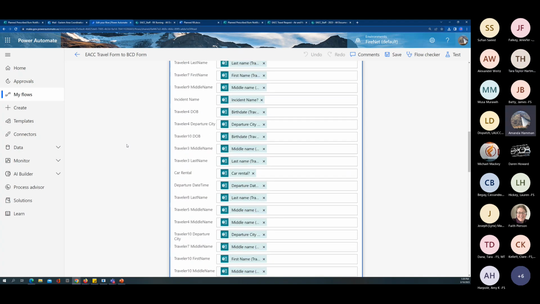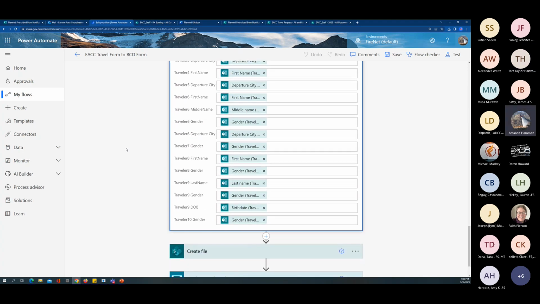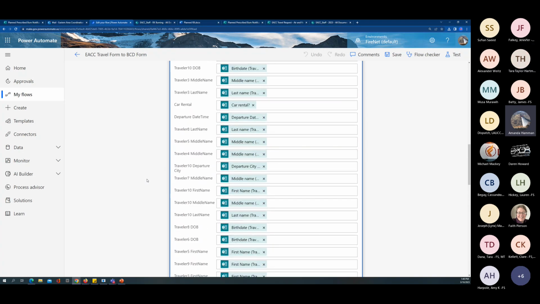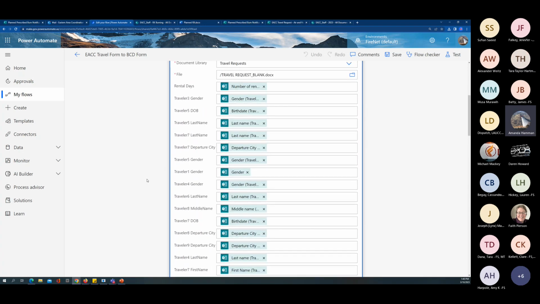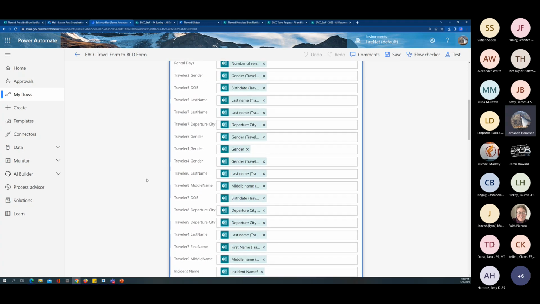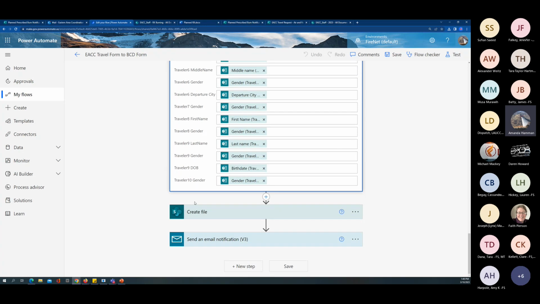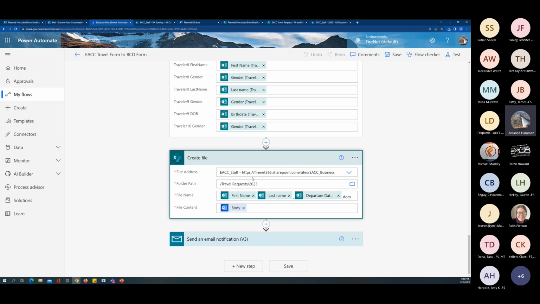Now, it's a lot of stuff to match up. Oh yeah, I did 10 travelers. So that does take a lot of time to match the fields from the form to the fields in your template, and to make that all work. That took forever. And then we created the file, much like before,